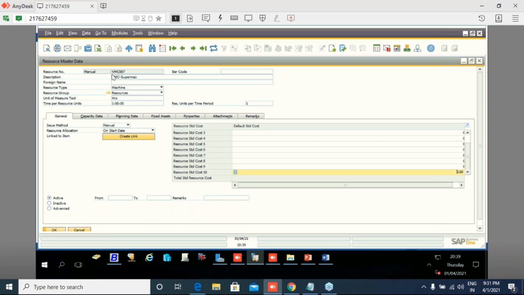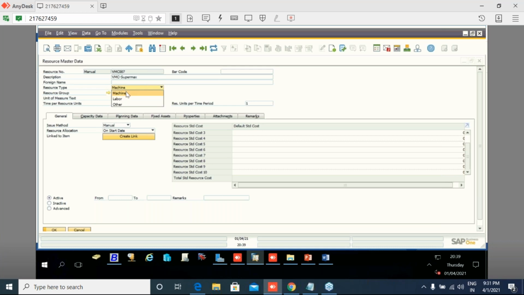Here we can see the resource number we have created, VMC 007, and accordingly we have to define the description, VMC Supermax. This is our machine basically, and we have to select the resource type.